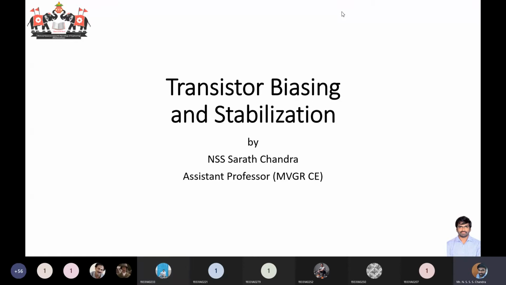So if you are giving a positive voltage or a negative voltage to maintain some voltage by means of an external supply. Basically, biasing means you are giving some external supply, either by means of a battery, an RPS, or an external circuit. You are providing a voltage to the transistor or a diode in such a way that some regions will be forward biased or some regions will be reverse biased, right? So we'll look at what happens if you change the biasing. If you're not properly giving the biasing, what happens, let us see.